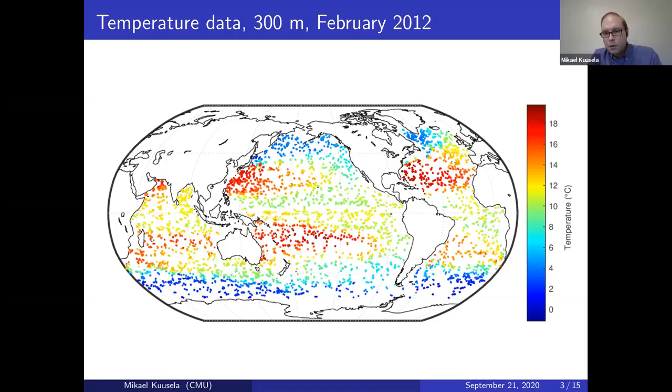So you need to find a way to fill in those gaps. For example, in here where I'm pointing with my mouse, which hopefully you can see, we didn't have a float there, but you would ideally want to know what was your best estimate of the value of the temperature field at that location. So that's an example of a spatio-temporal interpolation problem, and there's a whole subfield of statistics that deals with problems